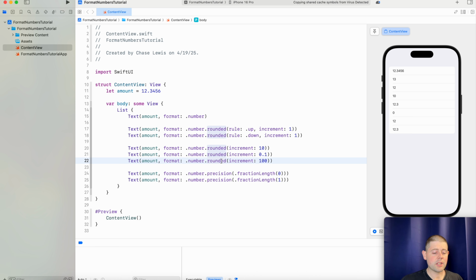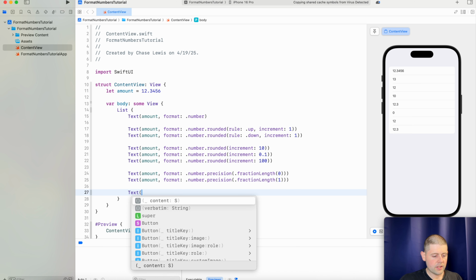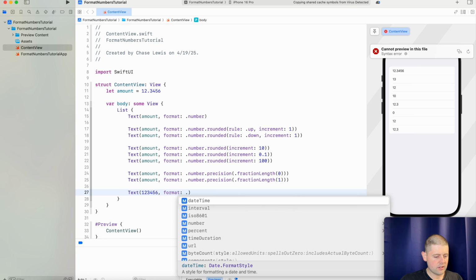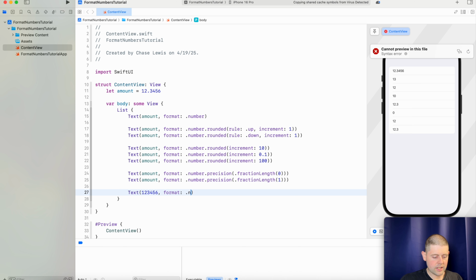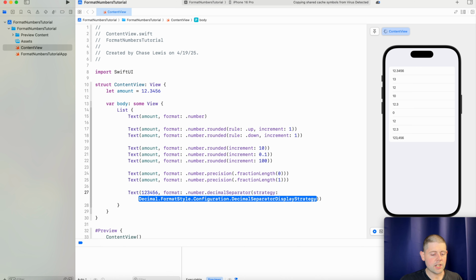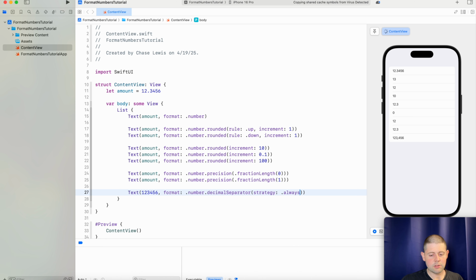And now that's not all we can do. So let's go ahead and do some more stuff. What if we had a really large number? Instead of a decimal, we had just 1, 2, 3, 4, 5, 6. We could say that we want a dot number, and then we want to choose our decimal separator strategy. And this is pretty cool because we could say we always want to see a decimal. And as you can see, it's got a comma separator here and a decimal, even though there's no other value